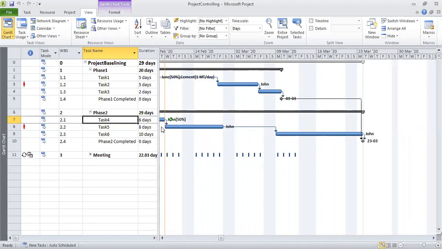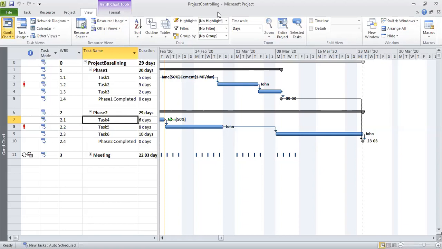required task. So alternately, what you can do in Microsoft Project is choose the task on the left pane. I have chosen task 4, and then you can say scroll to task.